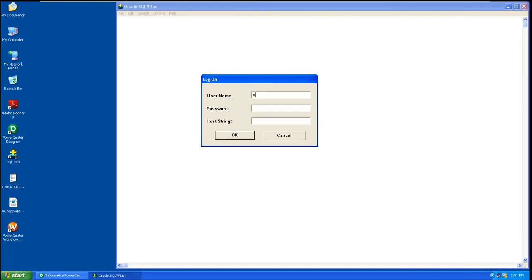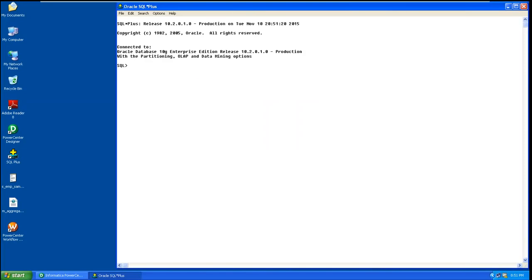Scott comes automatically once they install the software. We have to connect to the database with username Scott and password Tiger. It's the same. Now here the tables should exist, right?